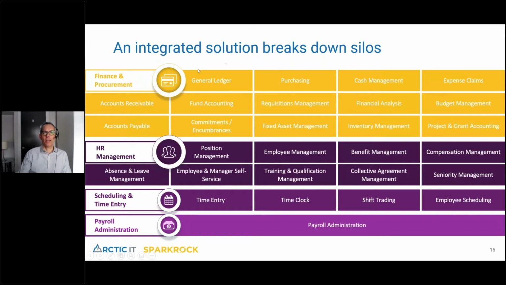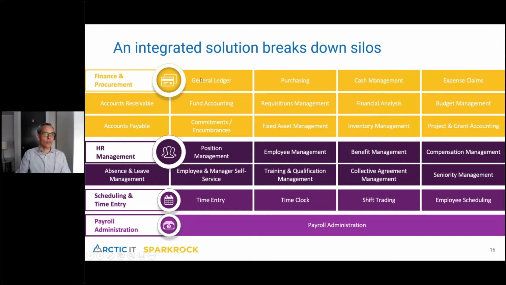This is the overall footprint of what Sparkrock 365 can do for you. If we look at project and grant accounting, for example, let's say there's a new grant or new funding source that you've set up, or a new project within the organization. Our system allows you to track that pre-award or pre-activation, so you can set it up and track it, and it's not cluttering up your general ledger if that particular grant never comes to fruition. But once it's awarded, once you change the status, it automatically creates the segments or dimensions in the general ledger for tracking those costs.